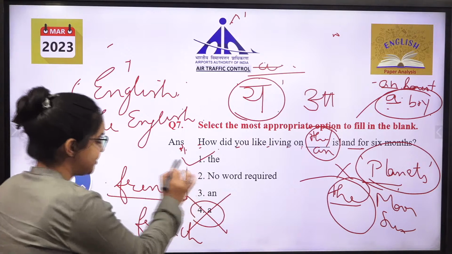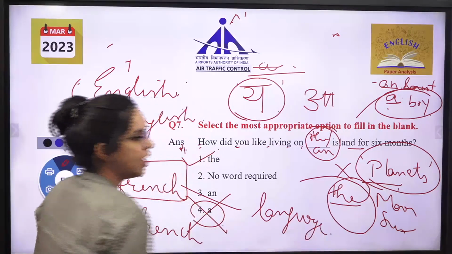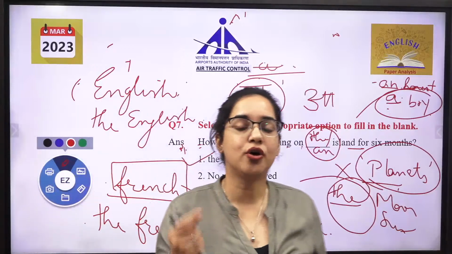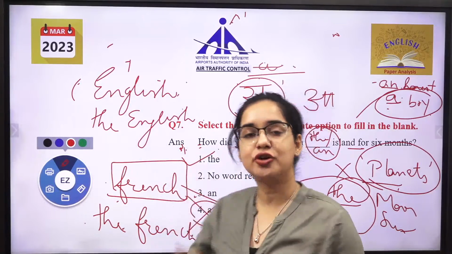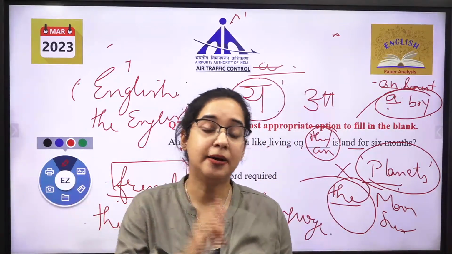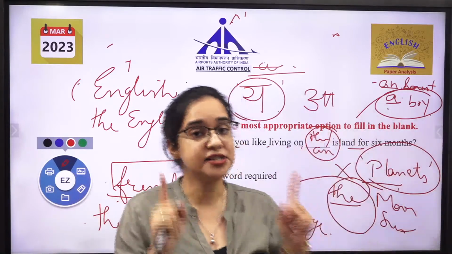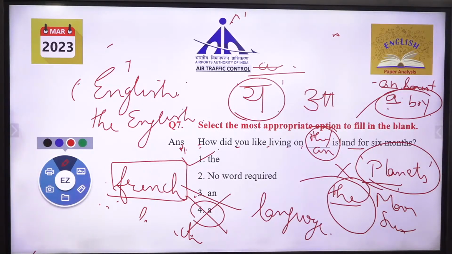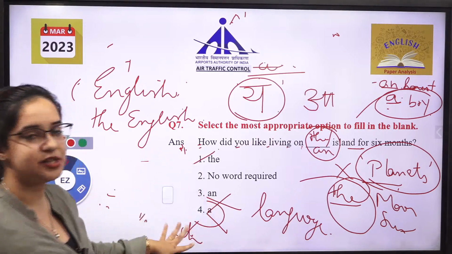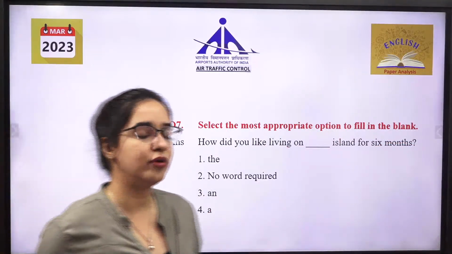Okay. French here, it is language. I like French. I like English. That is, you're talking about French as a language. The French, you're talking about the people of France. The English, you're talking about the people of foreign countries, abroad. Whenever it is the with the French, with the English, you're talking about the people. And whenever you're talking about simple French, simple English, that means you're talking about the language. So there are a number of rules that you have to decode for articles.